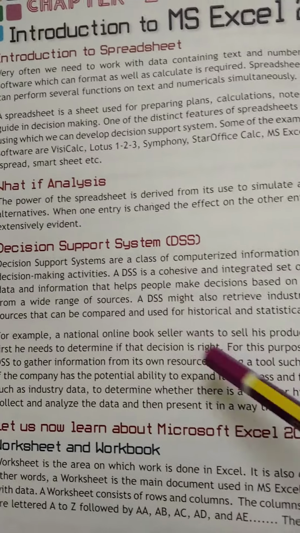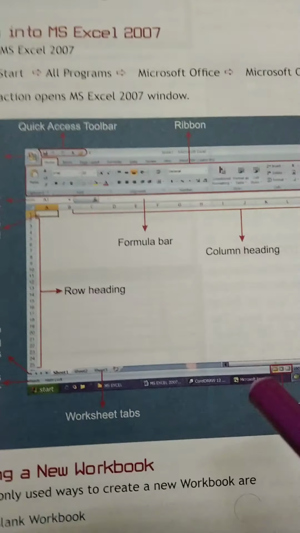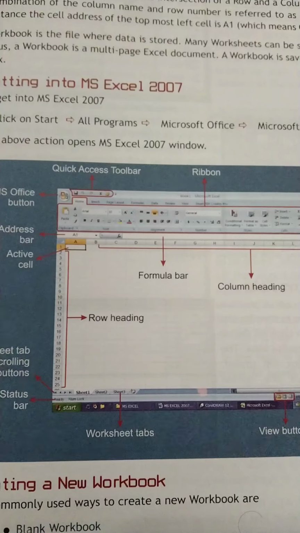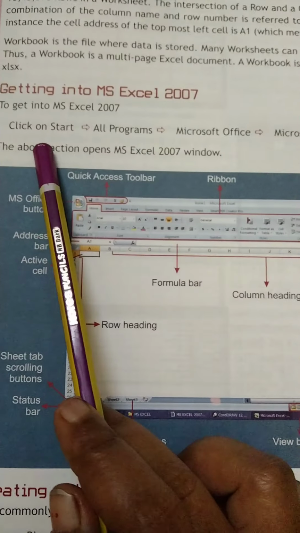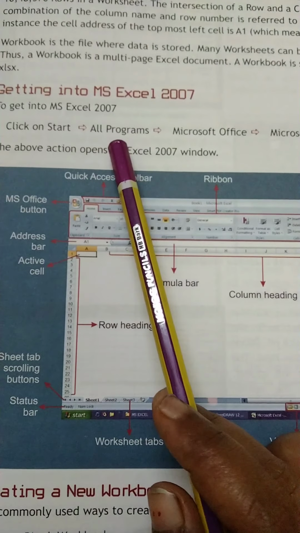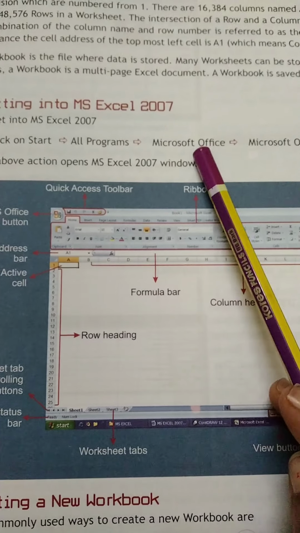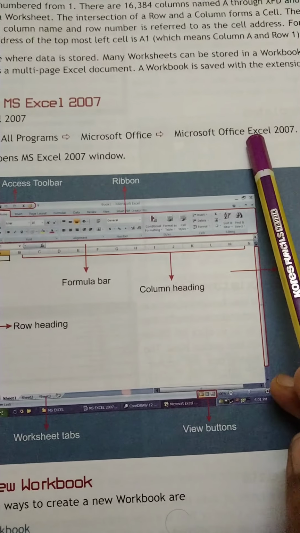Then we are going to discuss Microsoft Excel 2007. See, this is the spreadsheet. Have you seen this? Yes. If you want to open this spreadsheet, first we have to go to the start button, then click on All Programs, then Microsoft Office, then Microsoft Office Excel 2007. If you click on this,